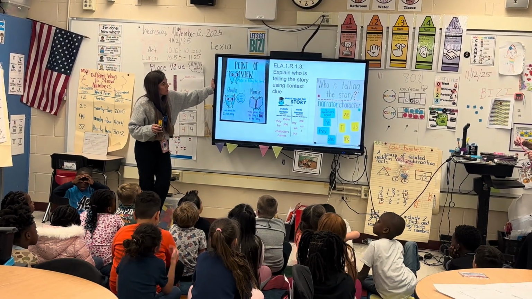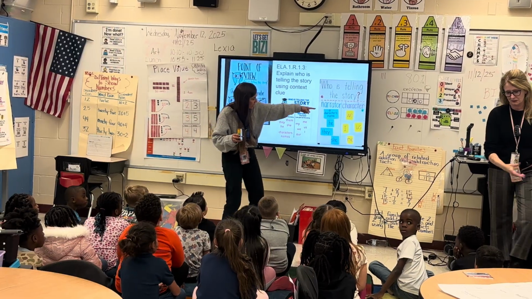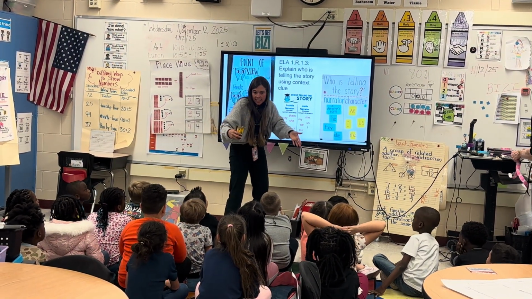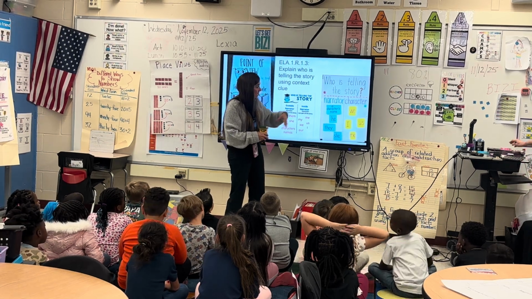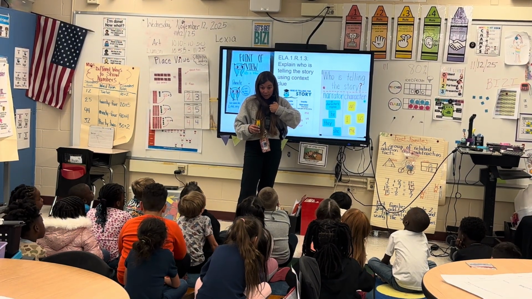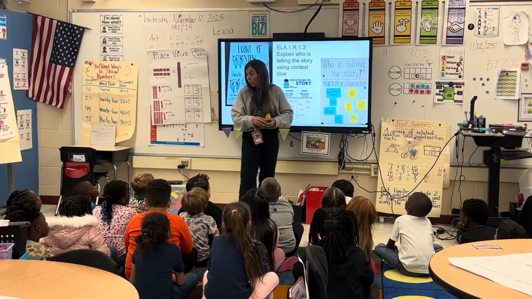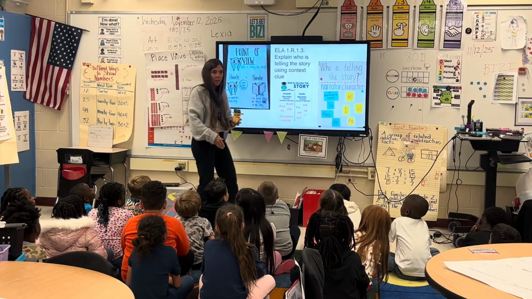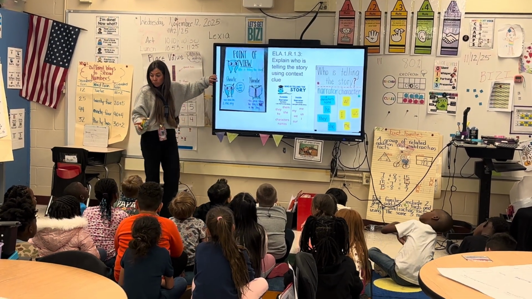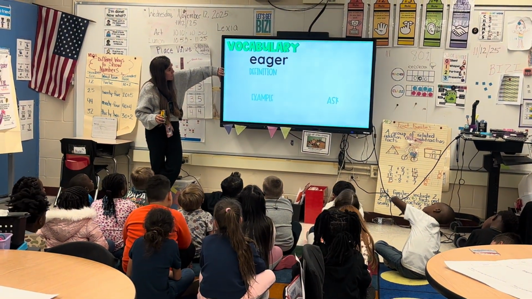So we're going to also be talking about who is telling the story. So like I said, if it's a narrator, that's just someone telling it. He did this, she did that. And if it's a character, they're in the story. So they'd be using words like I, me, us, right? We. Exactly. Good job. So these are all the ones we're going to be looking at.